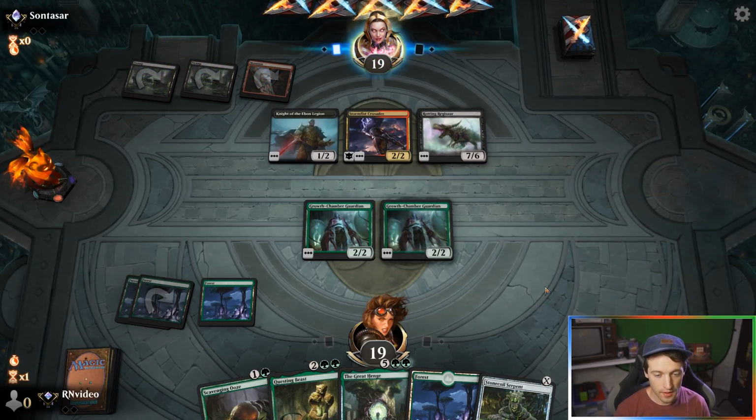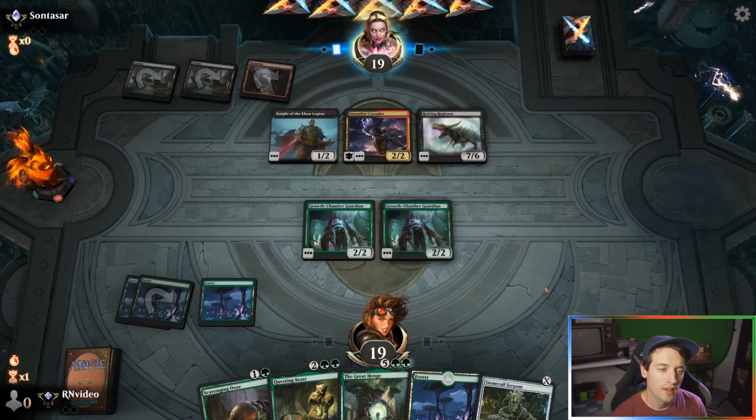Stonecoil Serpent's going to be nice. Okay. Rotting Regisaur is a big boy, but you know what? Questing Beast blocks it happily. My opponent's just thinking. They're like, I don't know what I'm going to do. I got these 90 boys. I wonder what...